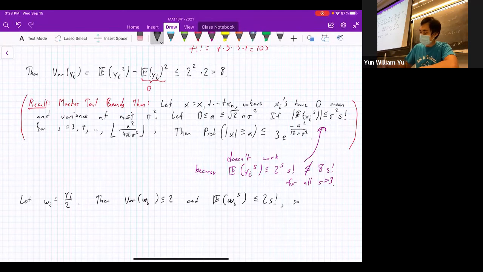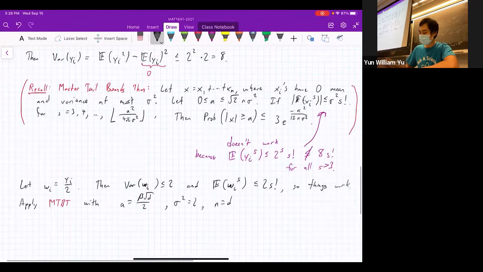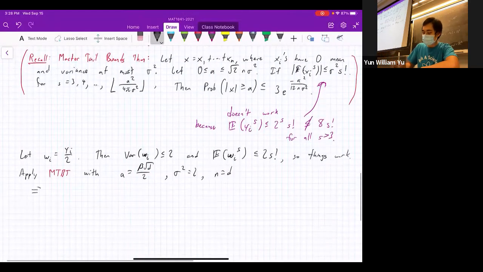So then things work. After you've done this, we just apply the master tail bound theorem with a equal to beta root d over 2, sigma squared equal to 2, and n equal to d. Since we have to match up all the variable names, that's going to imply that the probability that the distance between r and root d is equal to beta,